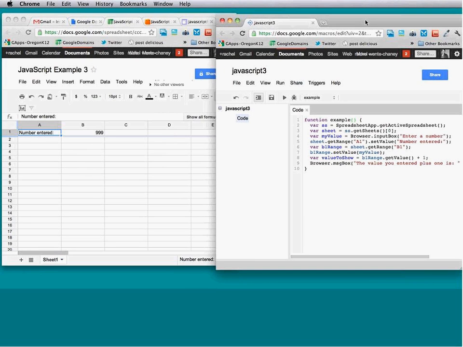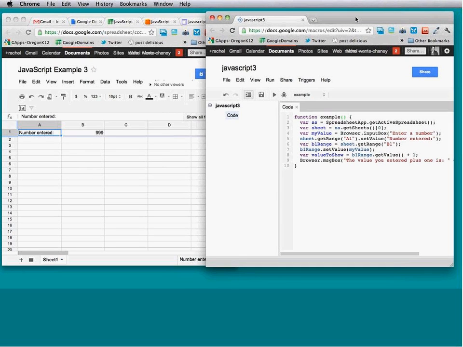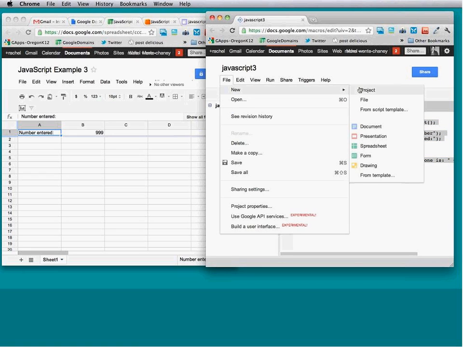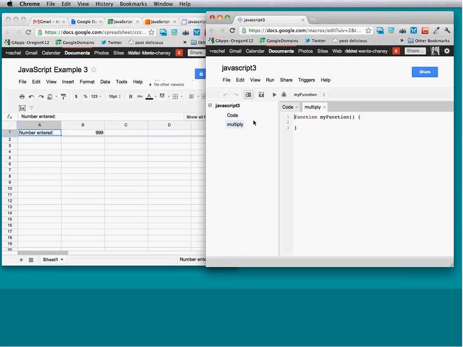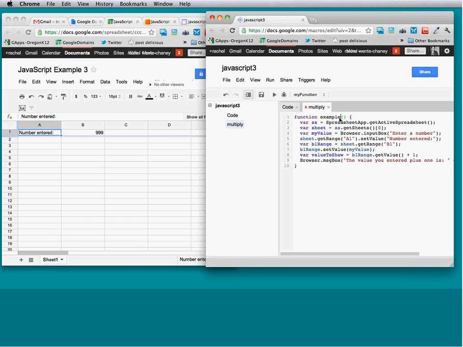I started doing this the other day, or a couple of weeks ago, I guess. I thought, well, this actually could be a little flashcard program. So what happens if I copy this and I say, let's do a new file. Let's say multiply. Now that we have a second file inside this project, I'm going to paste the example again,